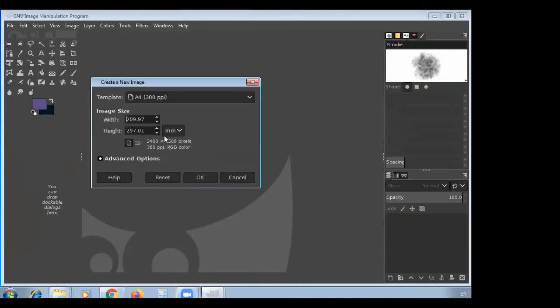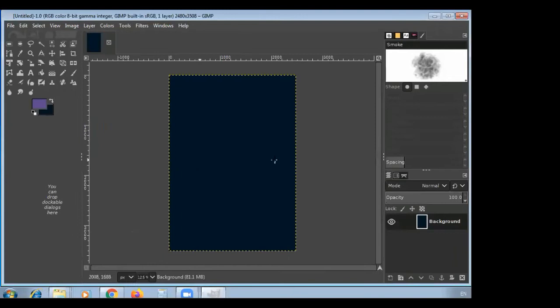Then the width and height of the image size can be in pixels, inches, millimeters, points, meters, feet, yards, or centimeters, as per our needs. Here we choose the pixel format, then click on the OK button. Okay, we are getting the A4 size image.